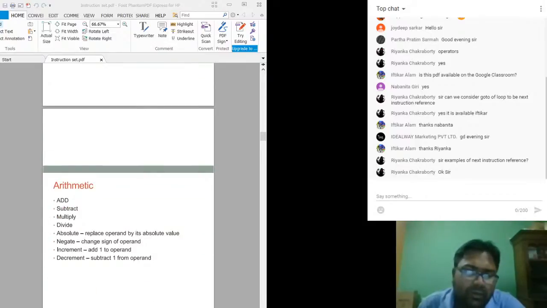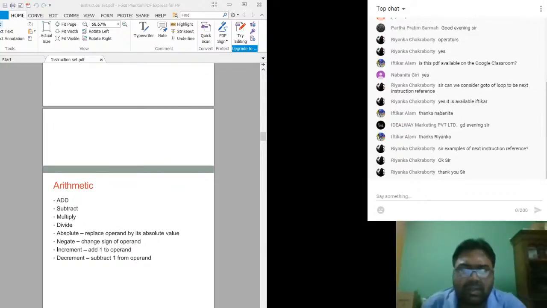Next we have this arithmetic instruction like add, subtract, multiply, divide, then absolute, negate. These are also dependent upon the architecture of the processor that you are using. Whatever operations are permitted by that particular CPU, you can only perform those.